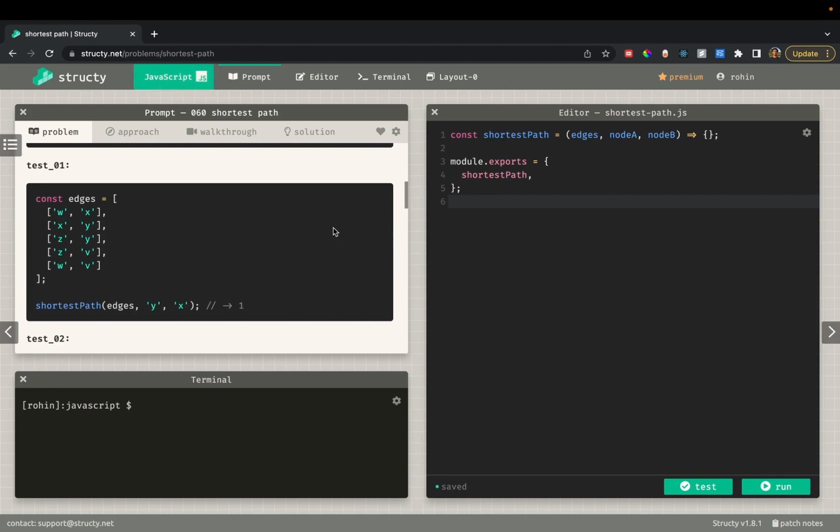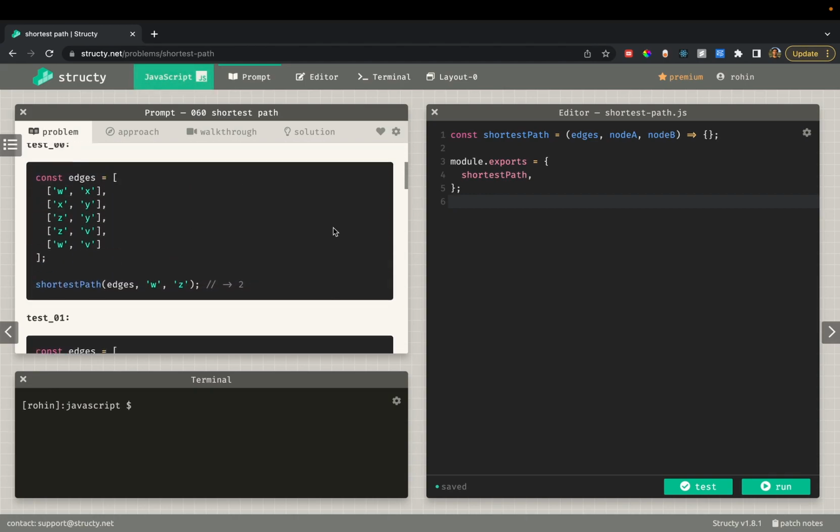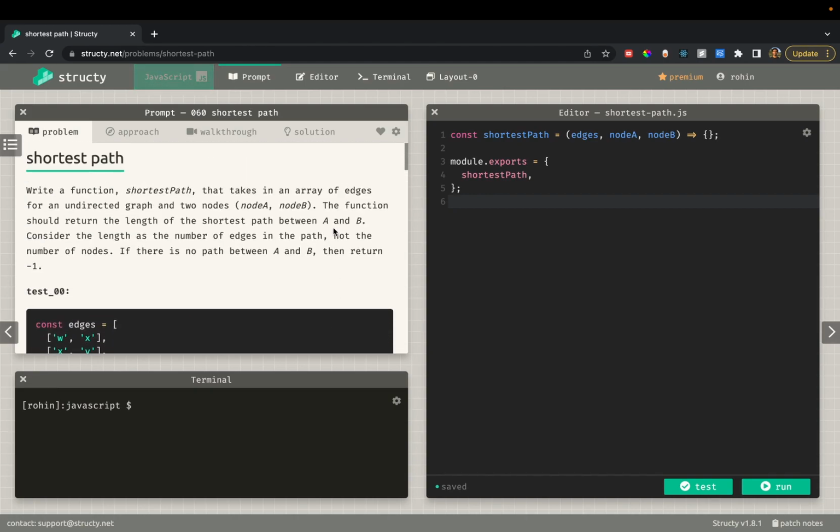Now we know that we can use a breadth-first search or a breadth-first traversal of our graph to find the shortest path. Because first we visit ourselves. After that, we visit only nodes that are within one edge of us. And then we only visit nodes that are within 2 edges of us, and then we only visit nodes that are within 3 edges of us, and so on. So the first time that we ever find our target node, we know we have used the shortest path to